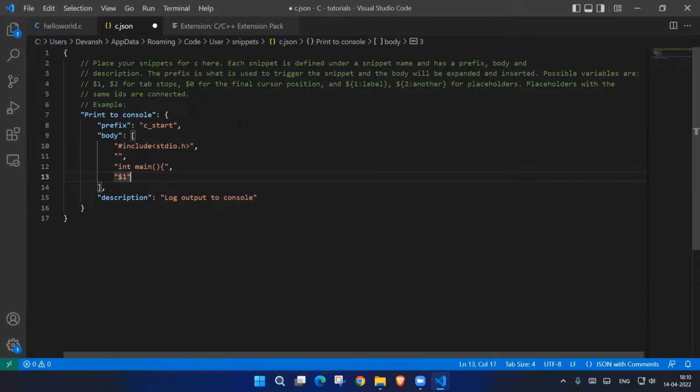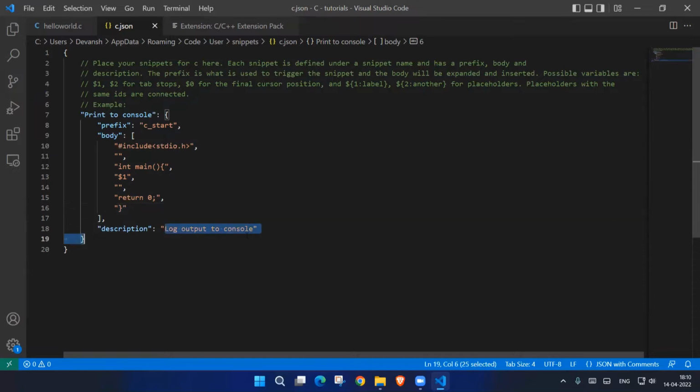So this is where your cursor will be found after this is written, and you hit one more line just to increase the byte, nothing much. And return 0 at the end, then you have a semicolon at the end, and this is done. All right, so description is